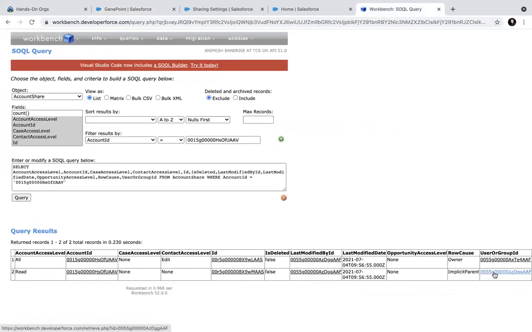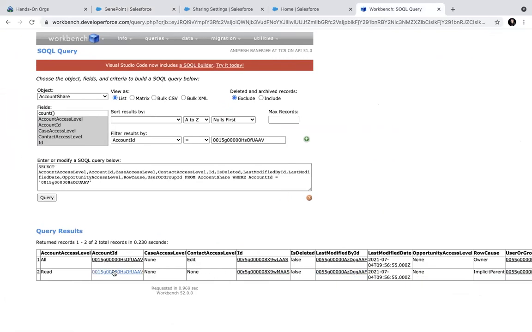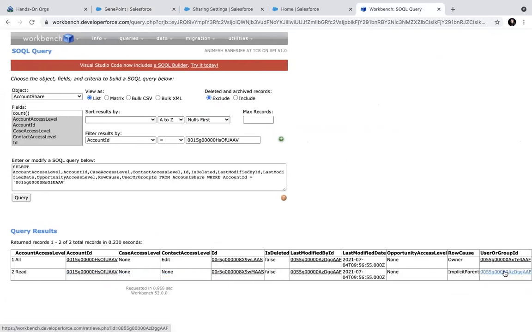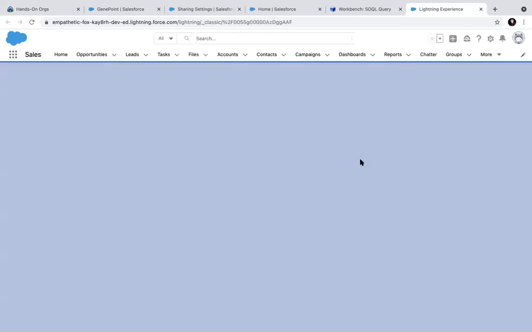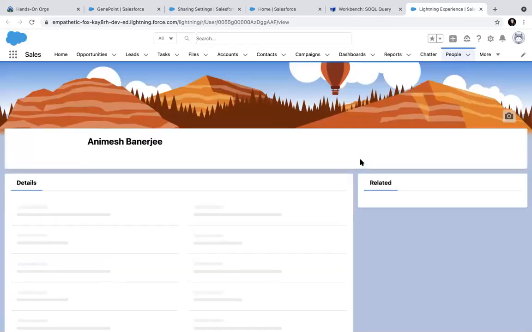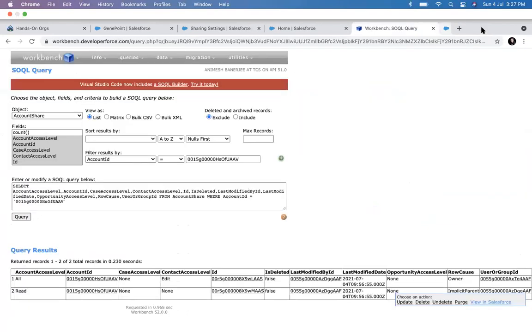There is an implicit parent. Which is the implicit parent? Let's see. Account ID is shared to this implicit parent. Who is this guy? Yeah, implicit parent.